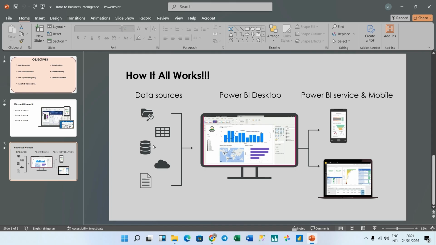When you extract your data from whichever sources you want, you connect it to your Power BI desktop. Like I said, this is where all your analysis takes place: your data cleaning, data modeling, your measures, and then your visualizations and report. You build it in your Power BI desktop, and then you publish it to the Power BI service, and you view it through Power BI mobile and other devices that have access